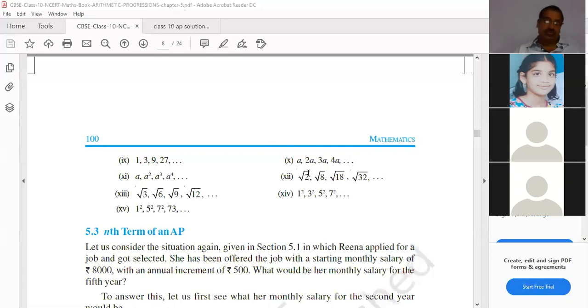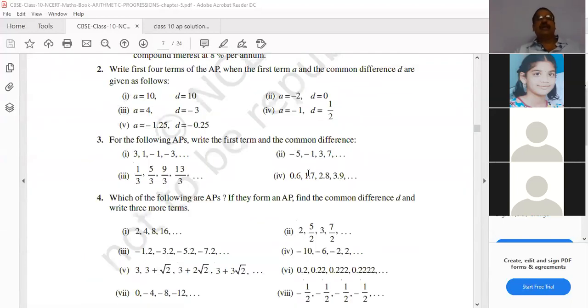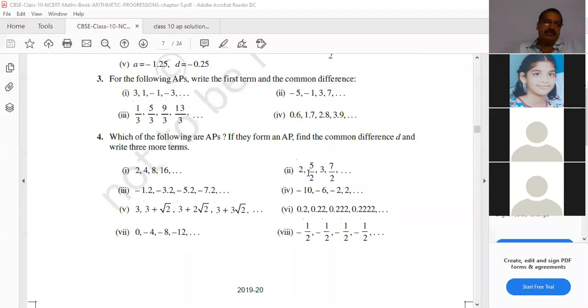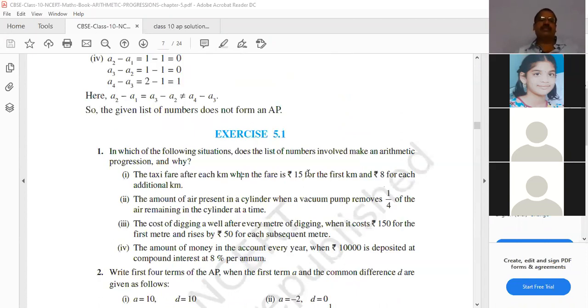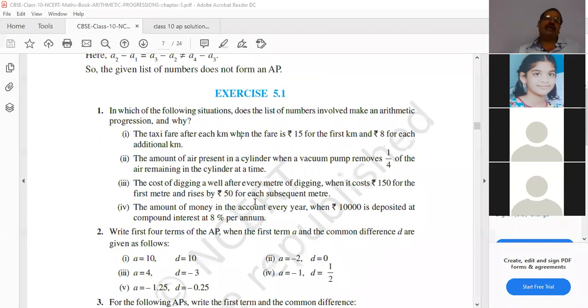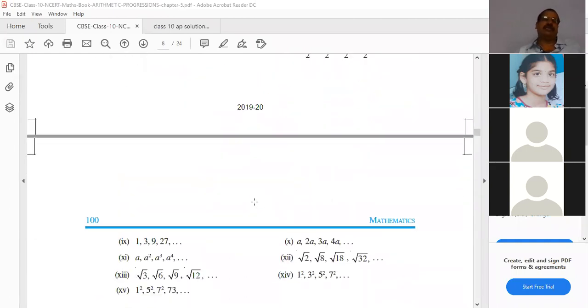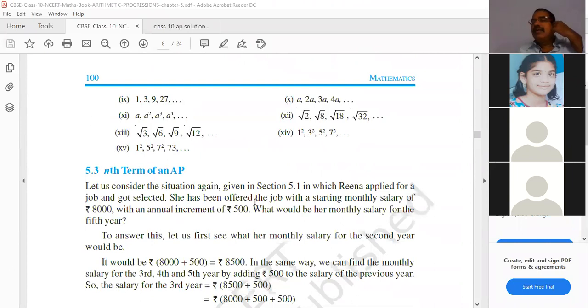Common difference and next 4 terms. Ma, you can do this exercise without keeping the PDF. You can write. Sir, yesterday you sent a PDF. Okay, you try the first sum. I will send the PDF tomorrow. You try it today, either in class or in the book. Tomorrow I will give you the full exercise 5.1 PDF. Is it okay, clear? Okay, sir.